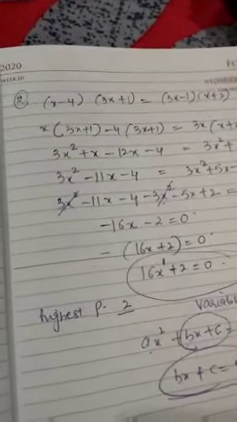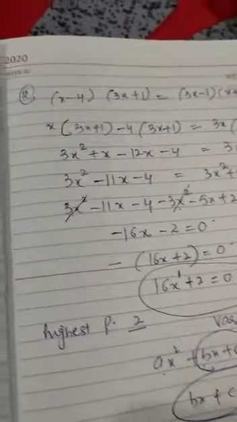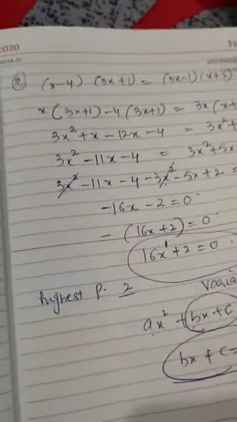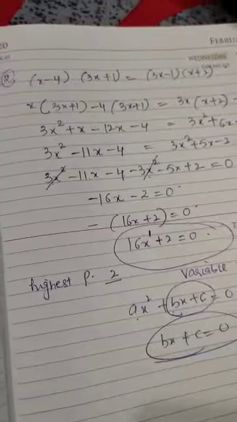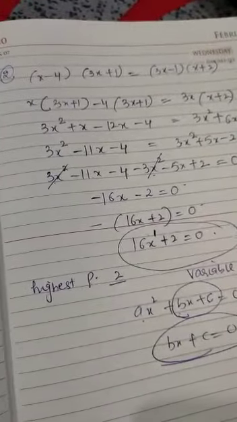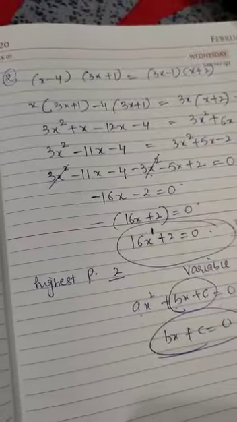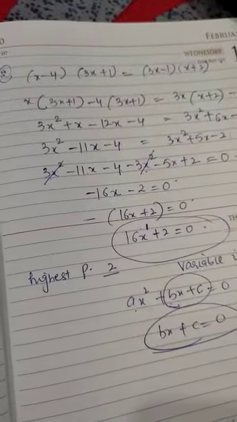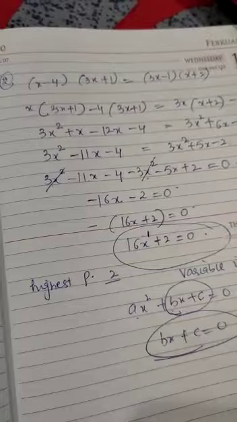So today, after going through this, you all have to do question number 1 of the 5A exercise. I think 6 parts are there and you all have to try to solve those questions. If you have any doubt, you can contact me through WhatsApp on my number. So you all have to do these questions.